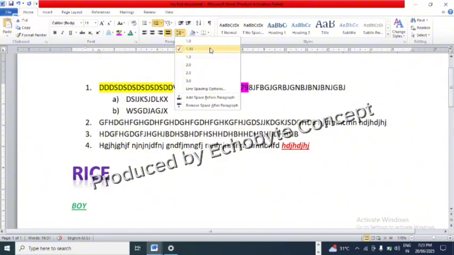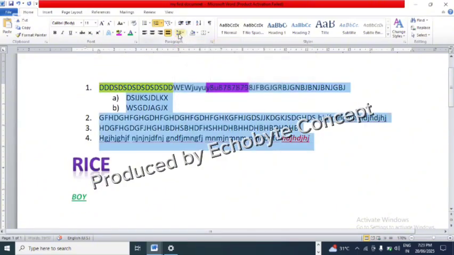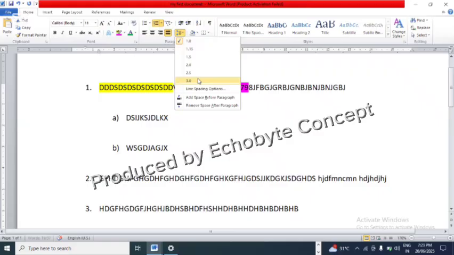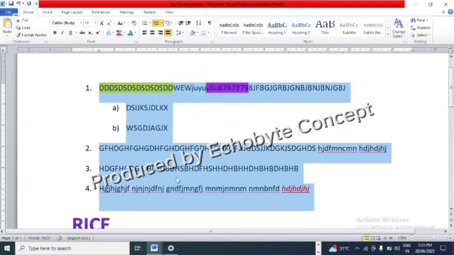Okay. Right now it's currently at 1.15. So when you click on 1, this is the list. Here, 3, it becomes larger, 2.52. So it shows the spaces between the lines, all right? So you can choose to adjust that. Okay. Now, next one is